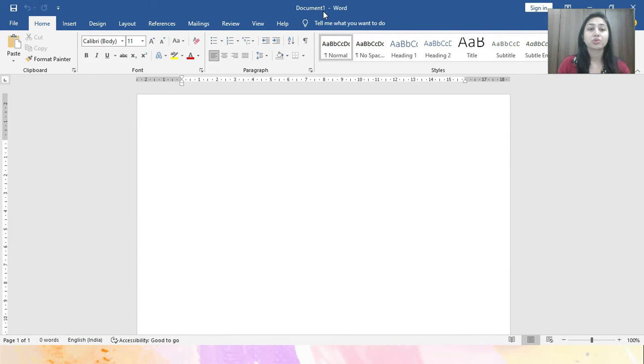Okay. So students, here you can see so many tabs are available: home, insert, design, layout, references, mailings, review, view and help. But in this chapter we learn how to insert pictures, clip art, word art, shapes, page numbers, etc. Okay, so our first topic is how to insert pictures. So let's do a practical on it.